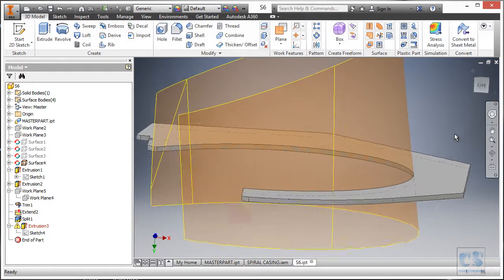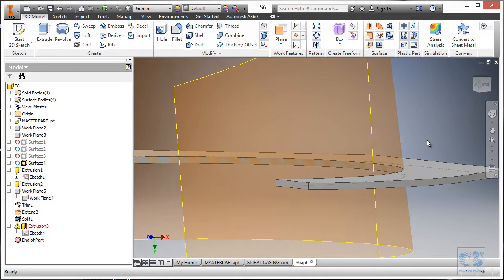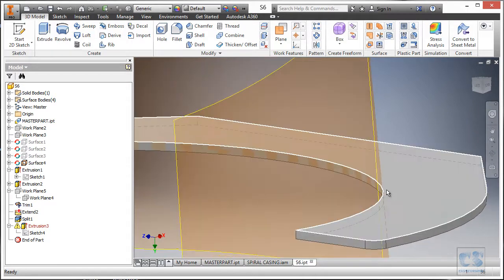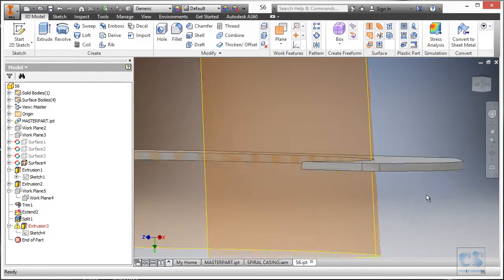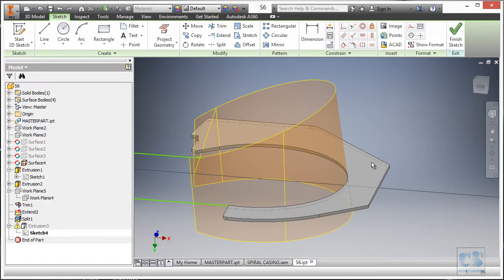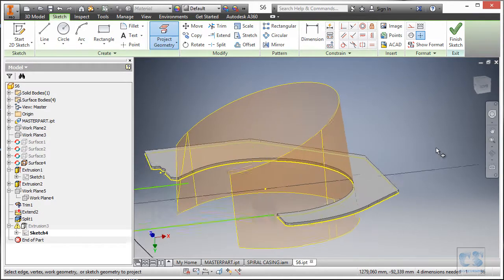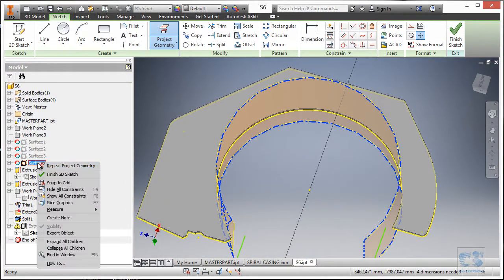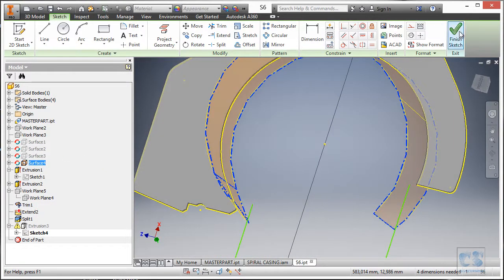So we want to remove the material from the edge which is in contact with the sheet metal component. So it will be from this face, so that we have a clearance underneath. So let's go back again, and we should project this face. So project, and we select just the face, and we will turn off the visibility. It's not possible, I don't know why. And I will finish the sketch again